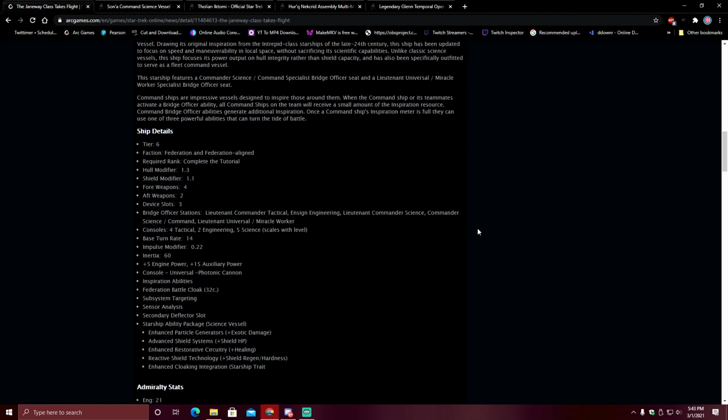As far as a console layout, there's 4 Tactical, 2 Engineering, and 5 Science, a base turn rate of 14 with an impulse modifier of 0.22, with 60 inertia rating, plus 5 to engine power, and plus 15 to aux power. A universal console of Photonic Cannon, inspiration abilities, a 32nd Century Federation battle cloak, interesting,